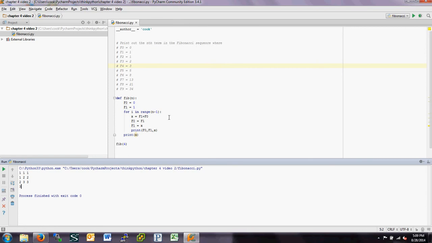Okay, so by putting this diagnostic information in, we can kind of get a feel for what's going on here, and it helps us trace our program. So this is called debugging, or in this particular case, we're tracing the program. It looks like we've got the right thing. Let's try a few more test cases. Let's try 7. So if we have 7, we should get 13. Oh, that looks like the right answer. And if we try 9, we should get 34. Okay, so I have some confidence now that this is